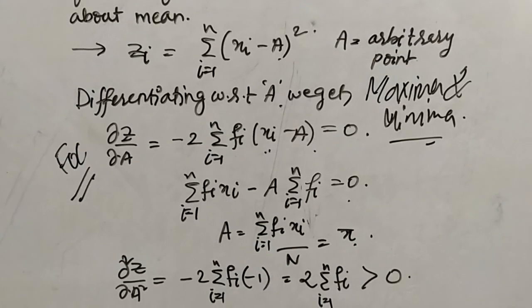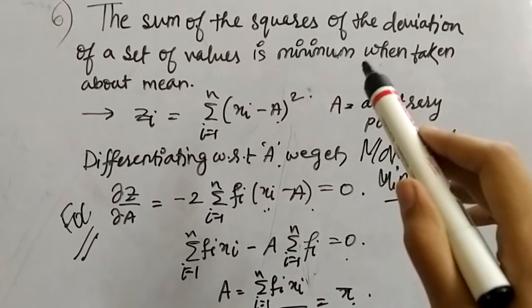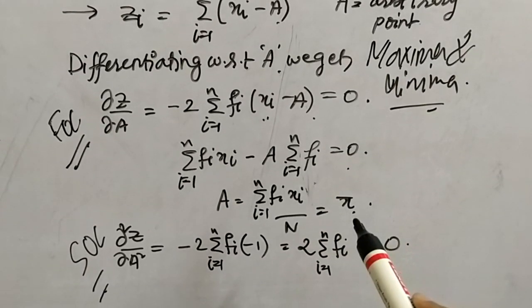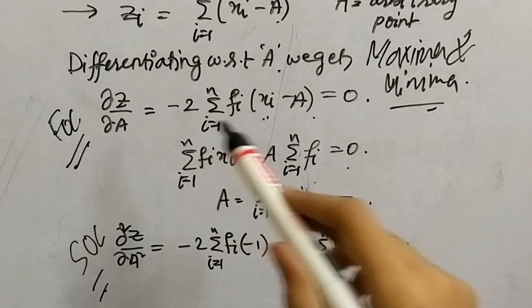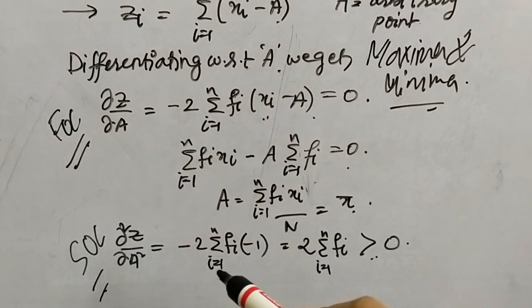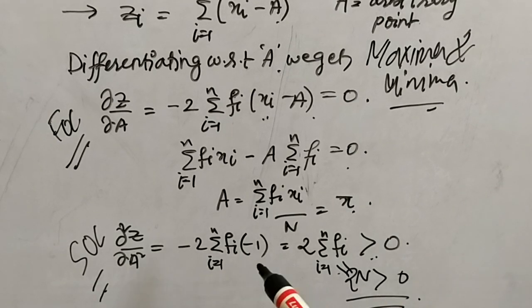And we differentiate it twice. Why do we have to differentiate it twice? Because the second order condition has to be positive in order to make this whole thing a minimum. We have to prove minimum, and in order to prove minimum, we have to show that the second order condition is positive. Then again we differentiated this equation with respect to A, and we got 2 into, you can also write it as 2n, which is positive. Thus the result itself shows that it is minimum.